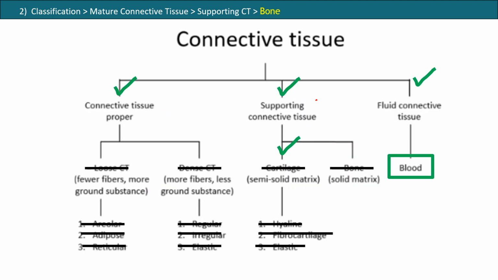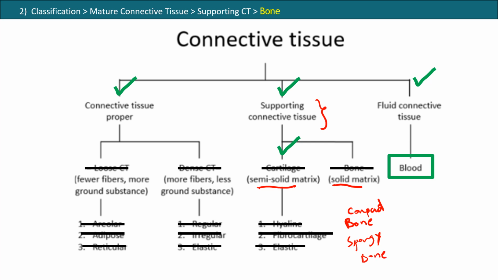So we finished with the supportive connective tissue, the tissue that looks like a rock to some degree, so it can be a solid matrix or semi-solid matrix. And here we finished talking about two types of bones. That is the compact bone, that is located in the outer layer. And if you remember, we talked also about the spongy bone that is located inside, and they have different characteristics